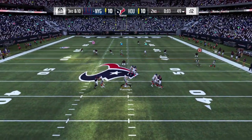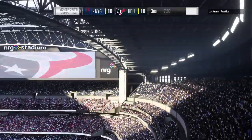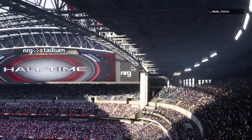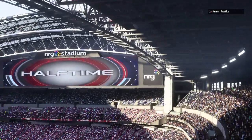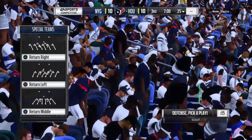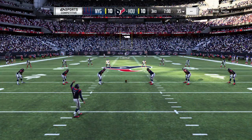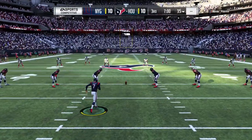One final try now for Manning. He finds Beckham, complete. And he'll get this one down near the 20-yard line, just shy of the 20. So we have reached halftime here at a good one. 10-10 is our score. As we send you to our EA studios in Orlando, here's Jonathan Coachman with our EA